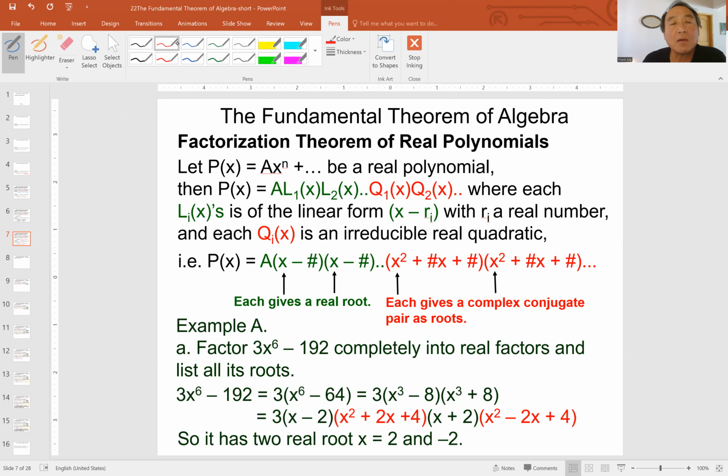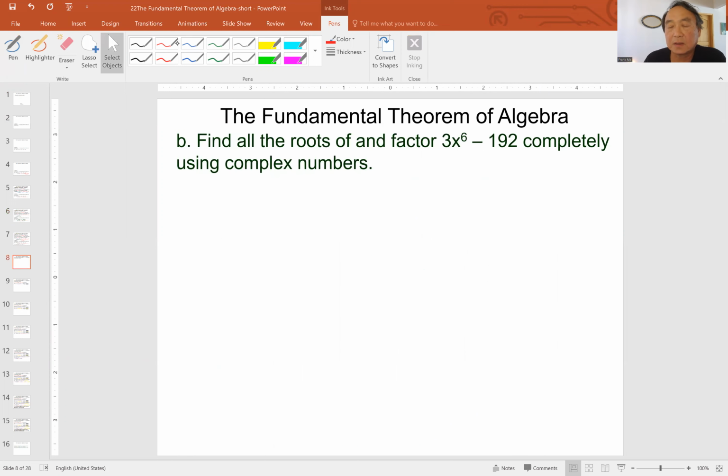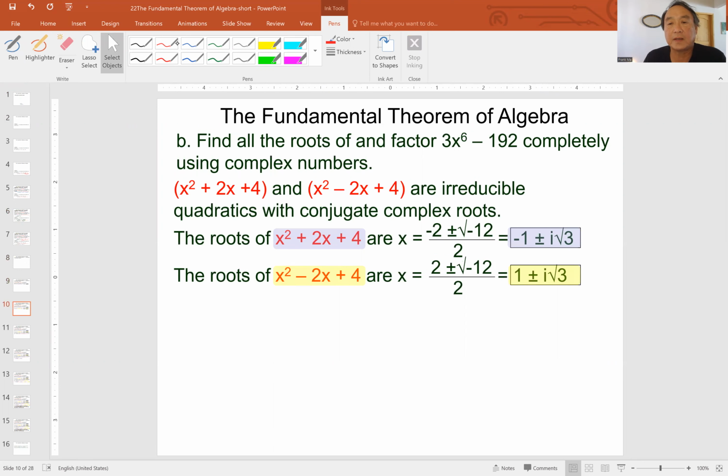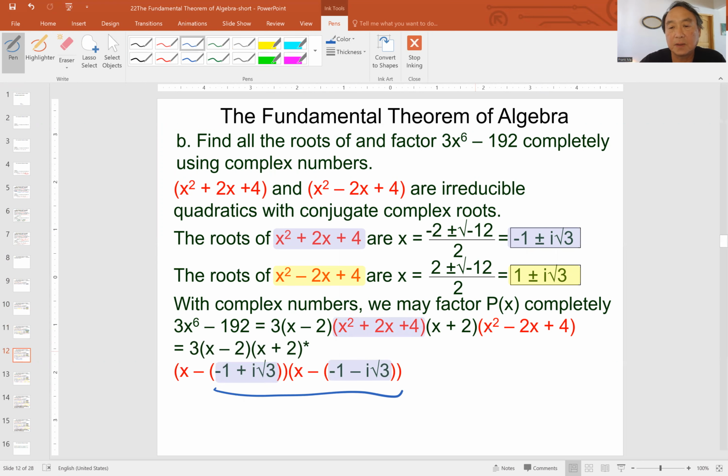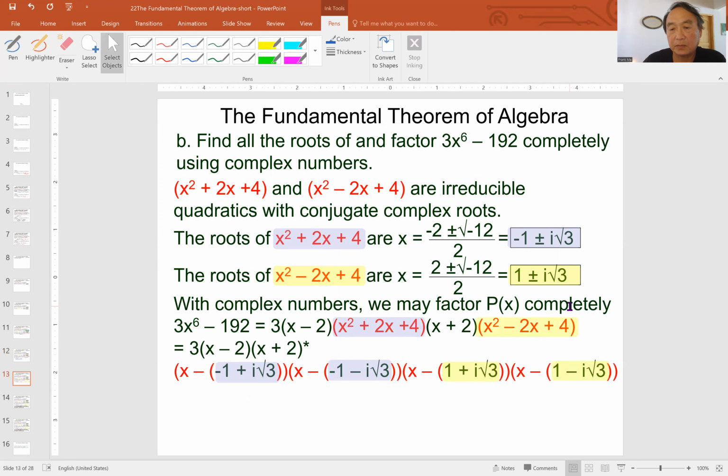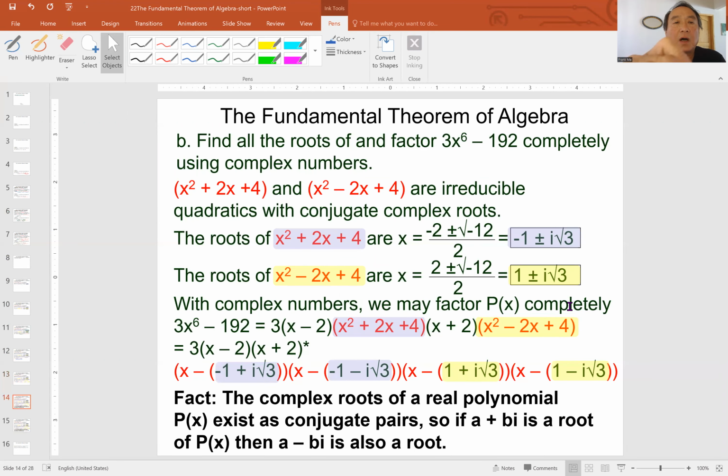If we allow complex numbers, we can factor this further by first finding all the complex roots and using quadratic formulas. In particular, this one, we can use its root, and it will break up into these two factors. And similarly, this one will break up into the following two factors. And this is the complete factorization of the